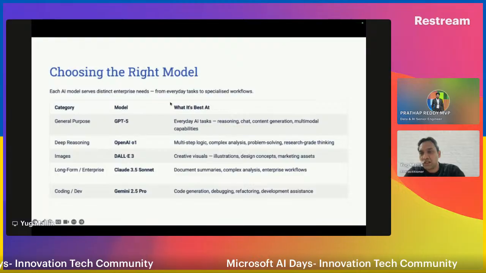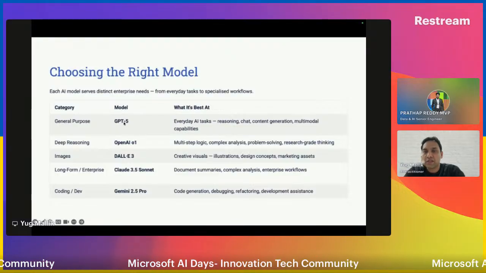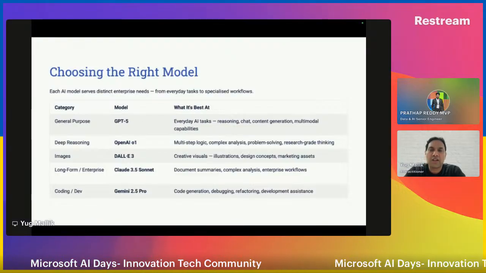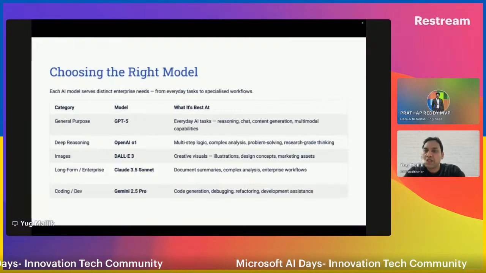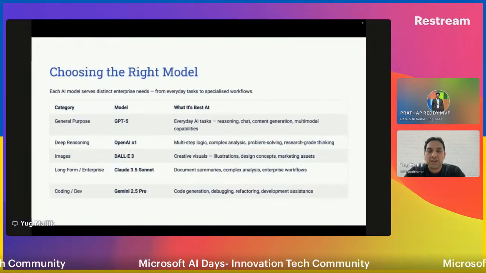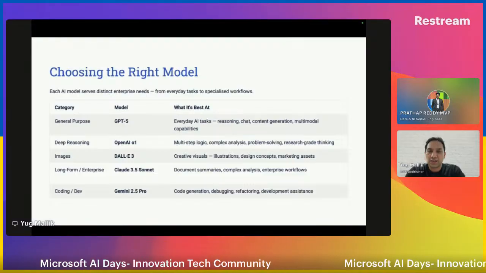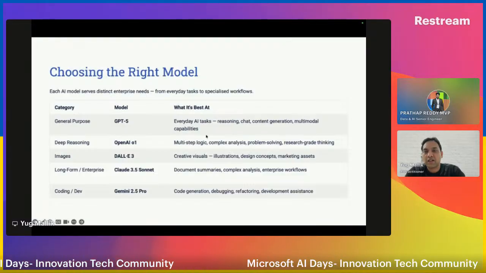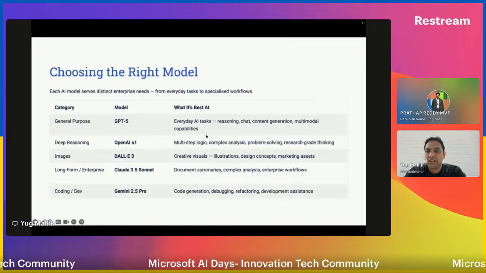Say for example, as I stated before, GPT-5, GPT 5.1, now I think 5.2, those are large language models that can give you answers on everyday tasks, right? So you can use that if you are using it for everyday tasks.